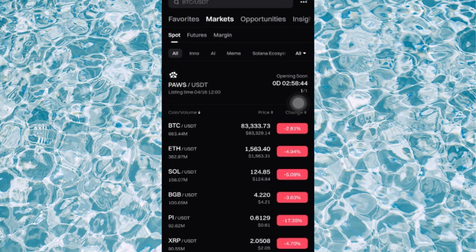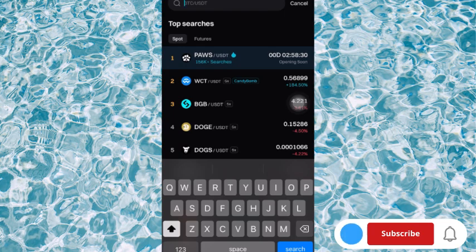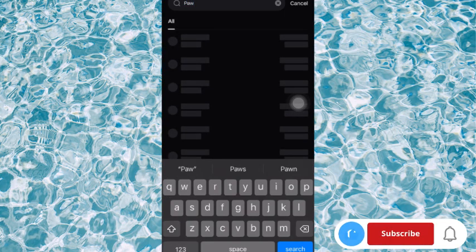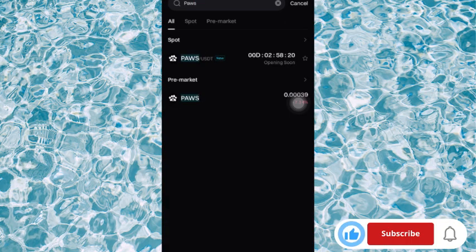And over here you can see it says Paws/USDT, and you can see open soon, which means in less than 2 hours, yes, Paws will be listed. And in case you can't find it here, you can go over to the search area and search Paws. You can see it over here too. You can just type it and it's going to come out. Yes, so let me go over to here